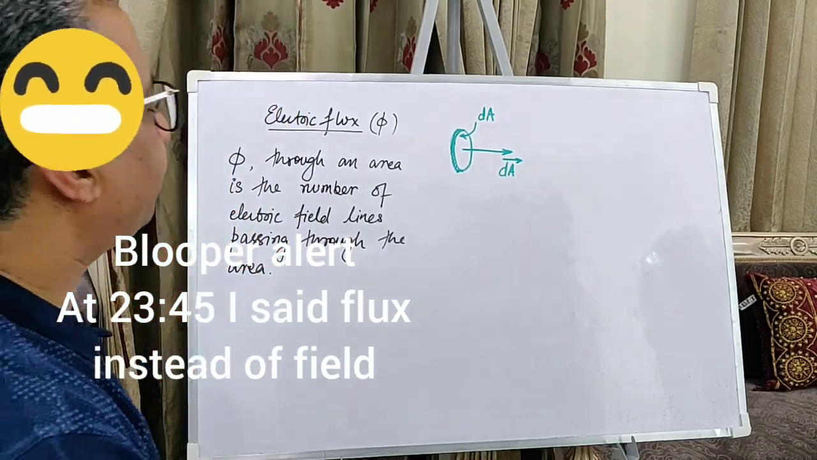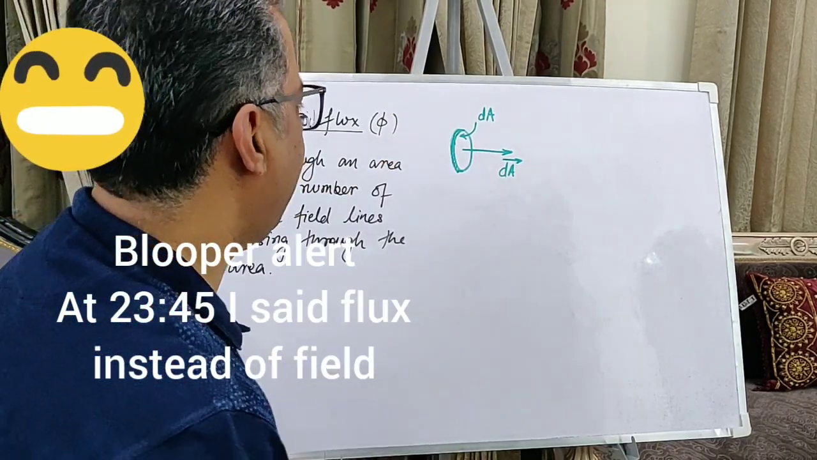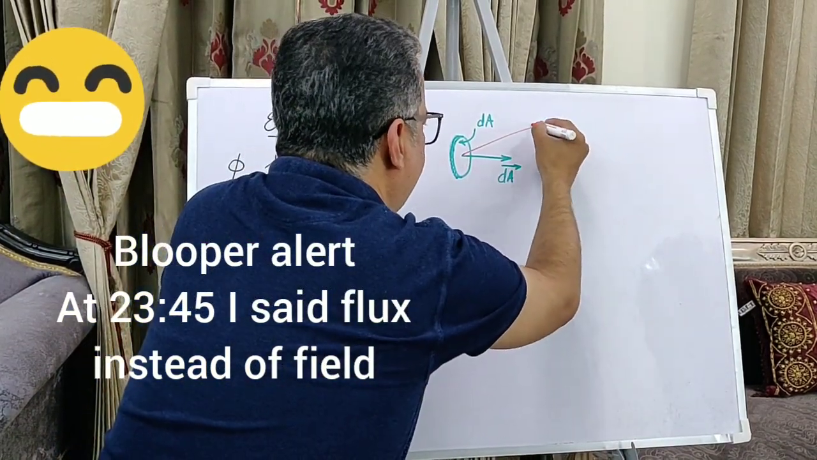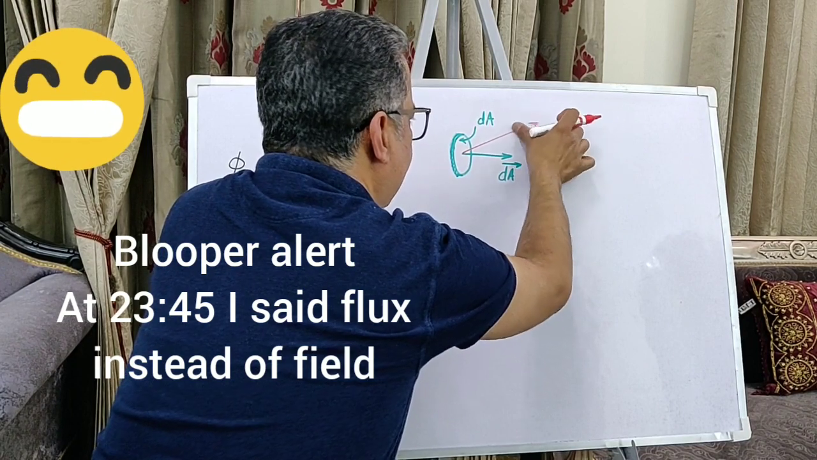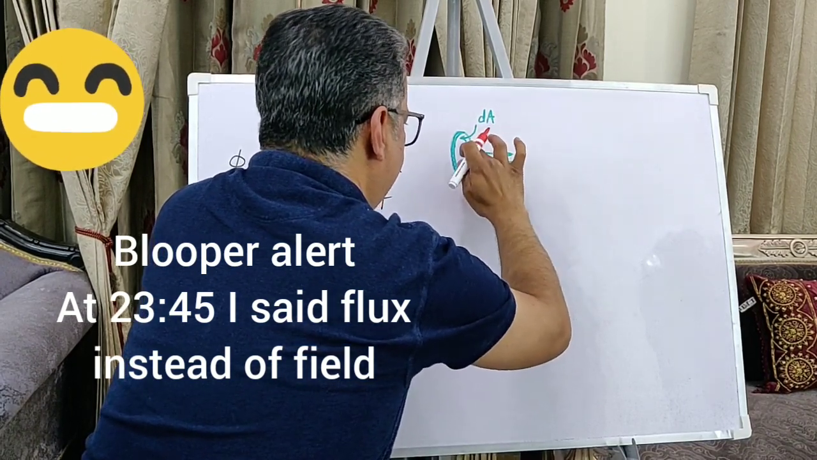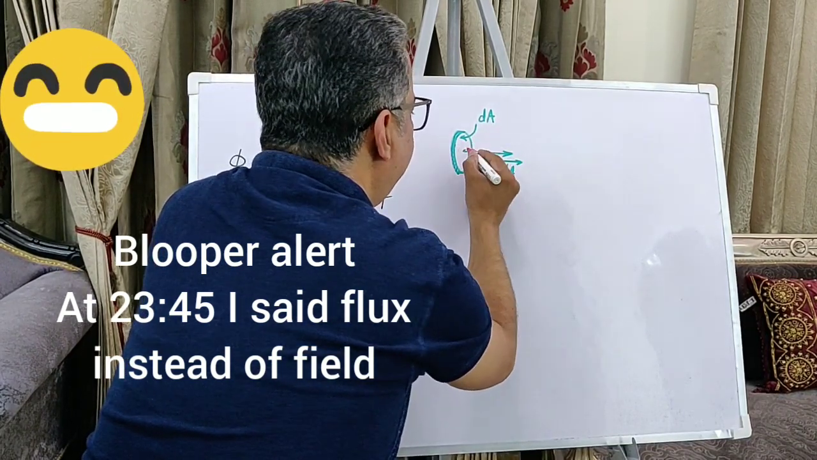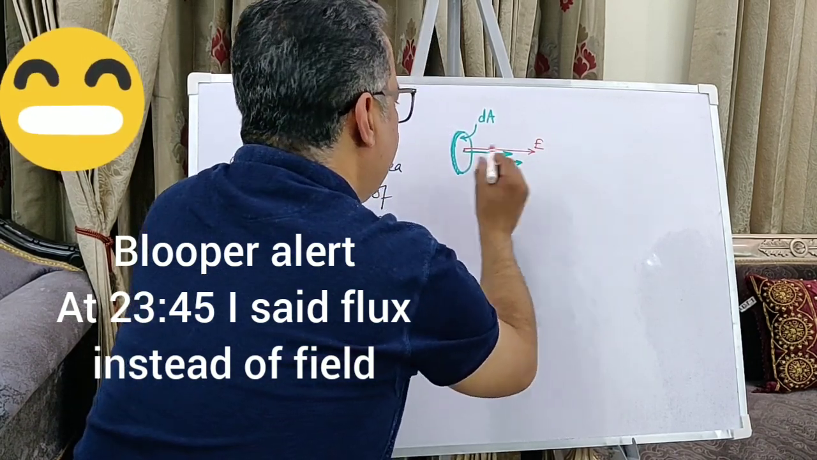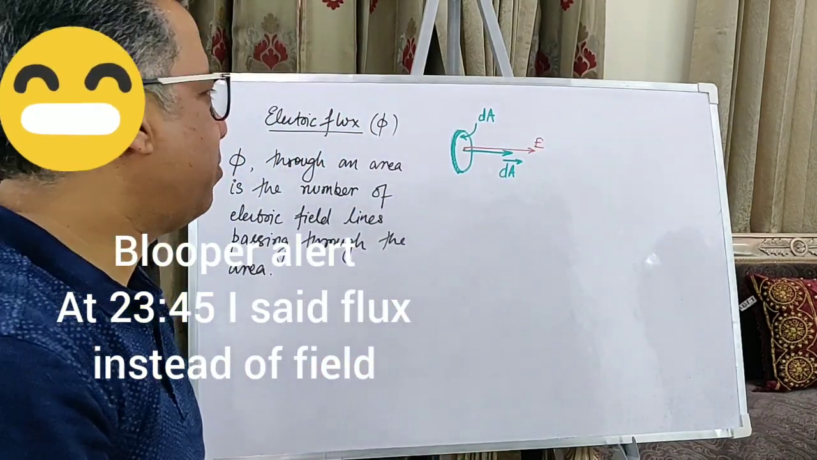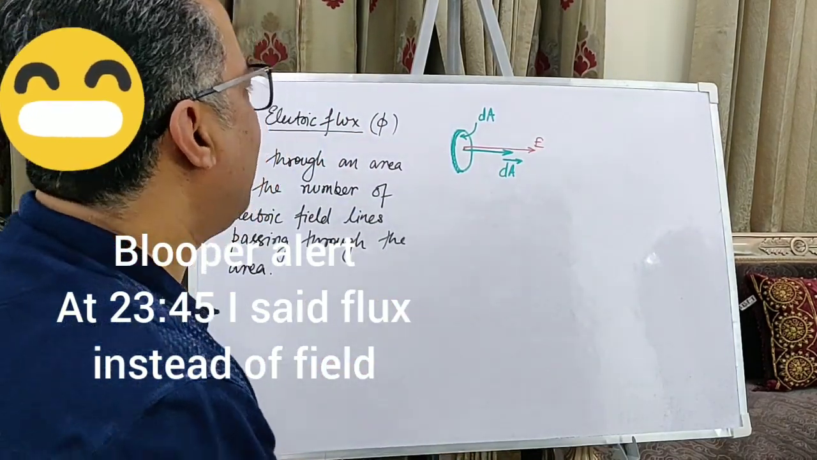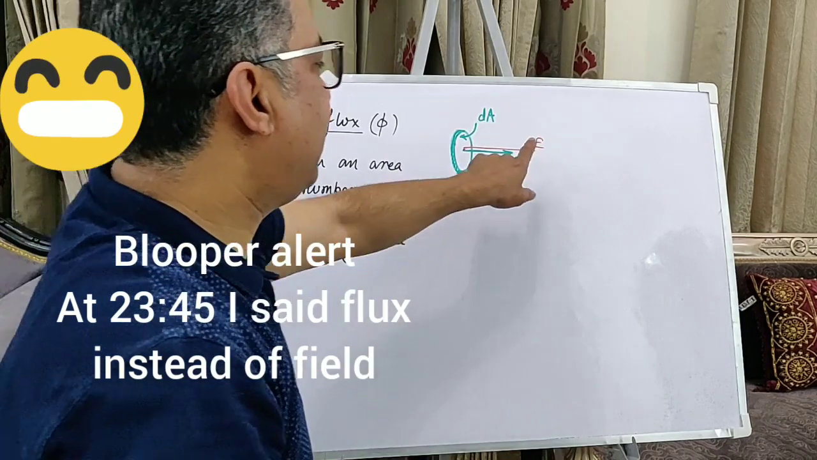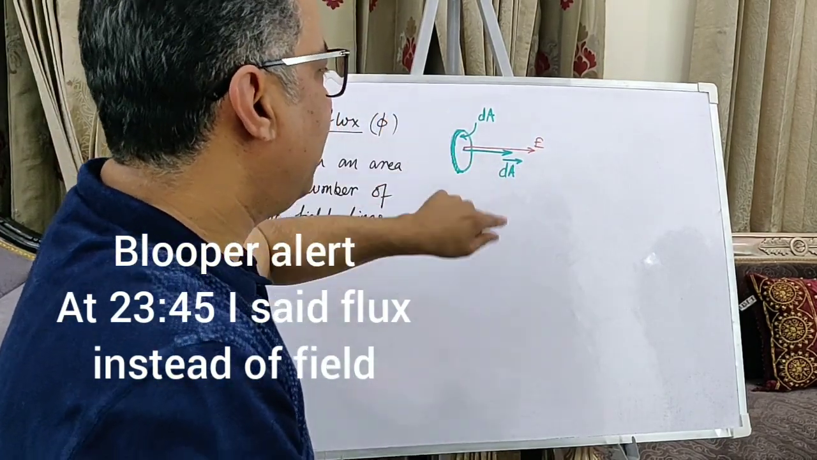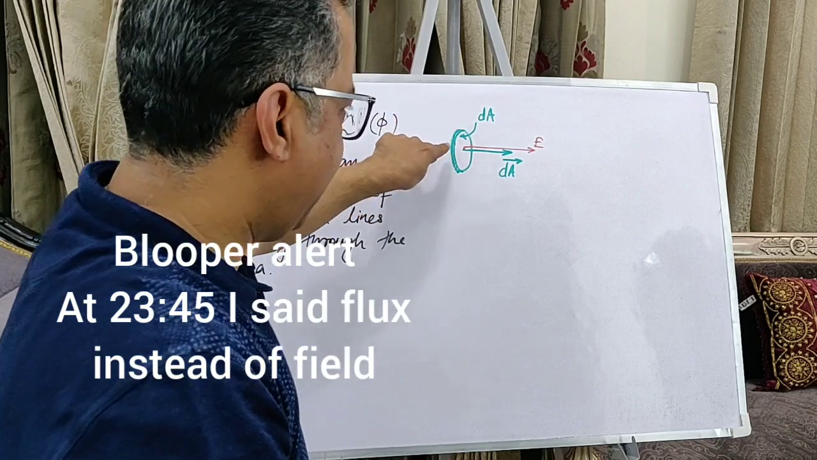Now at this same location, let's say we have, let's keep things simple to start with, an electric field E which is directed normal to the area as well. Now since we have said that at any given location the electric flux through an area is the